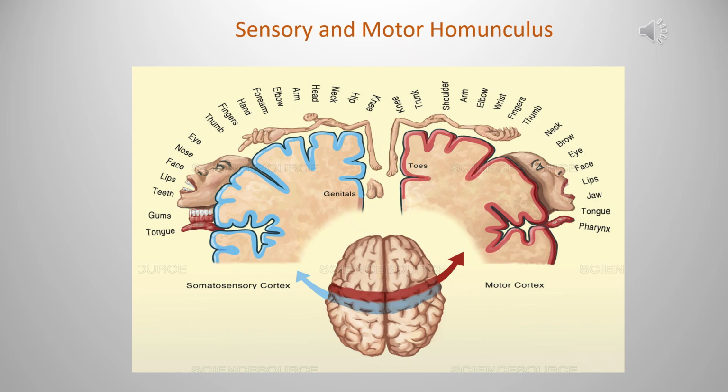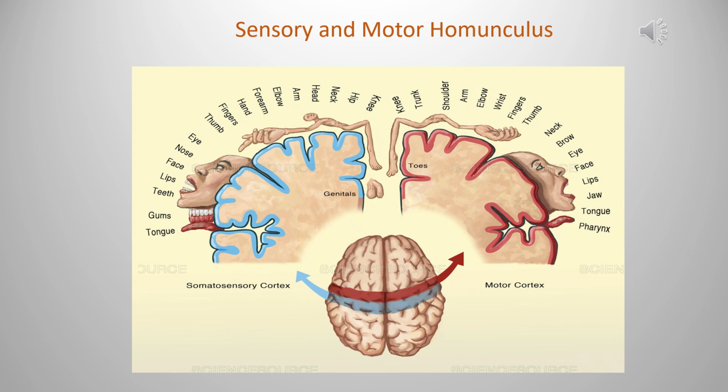The big thing there, notice how large the area is for the hand and fingers. Well, our hands and fingers are extremely sensitive. Notice how large the area is for the structures of the face. Well, they are very sensitive, so they have a large area of the brain dedicated to perceiving the sense of touch in those areas. So going all the way down to where the parietal lobe meets with the temporal, right there where you have gums and tongue,